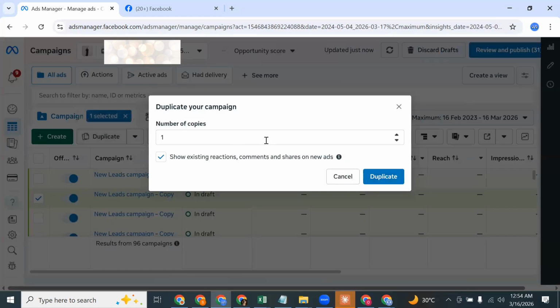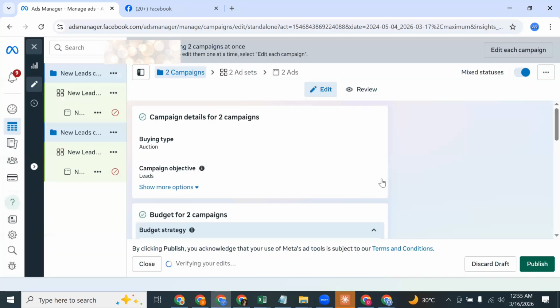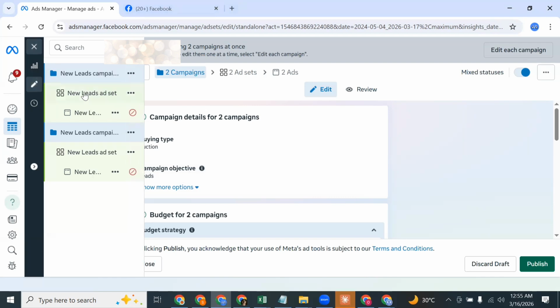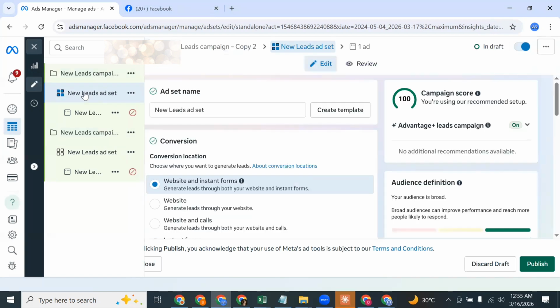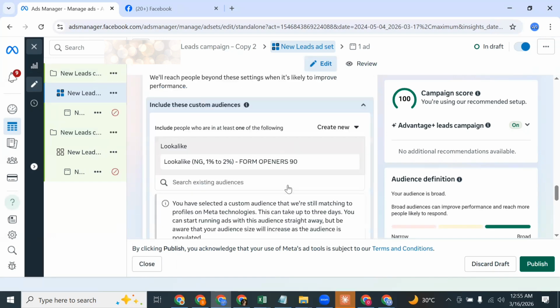I'm going to duplicate into two, for example. Let me just teach you this. Duplicating means I just want to photocopy this advert to give me two different copies. So I'm going to come to the audience right here, and I'm going to immediately go down to audience,